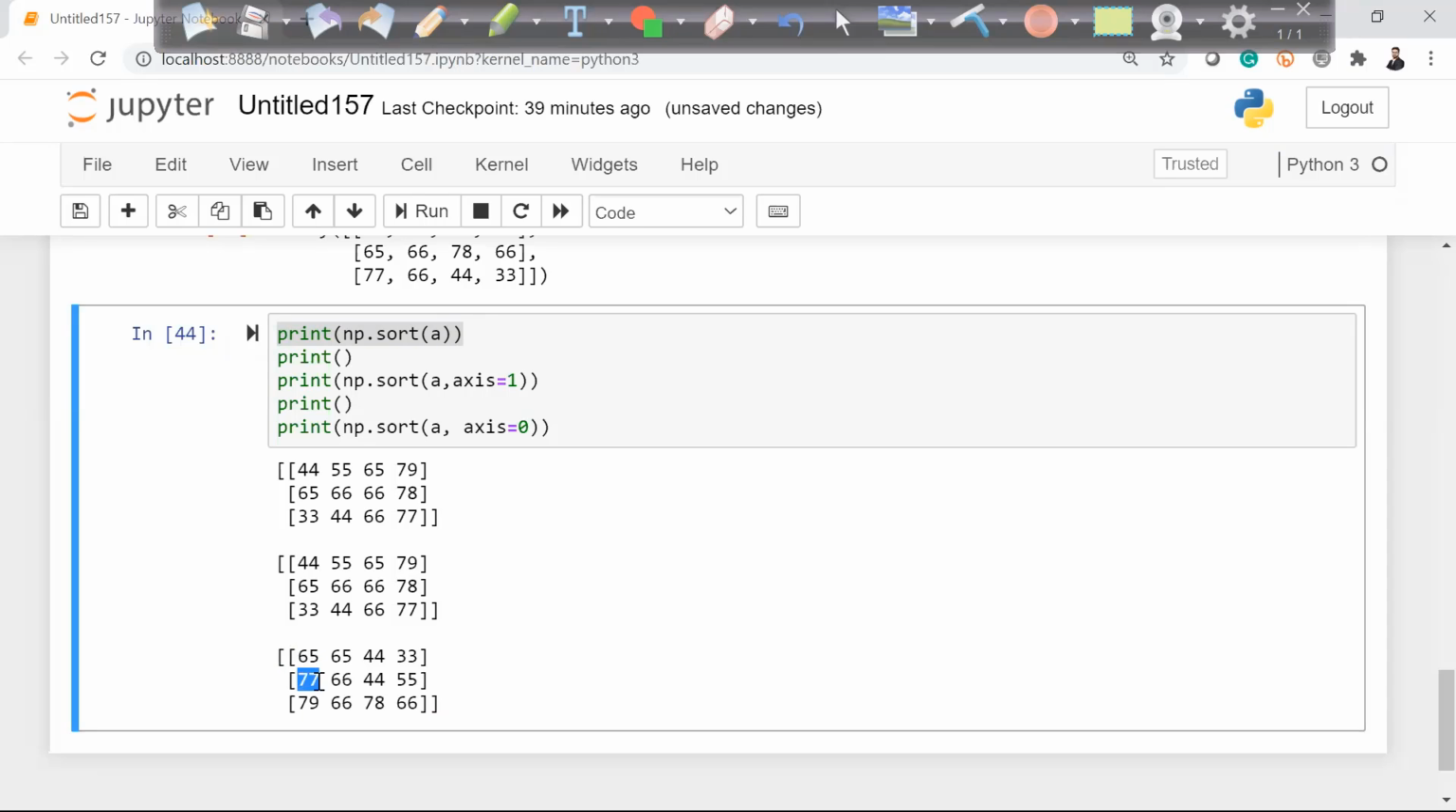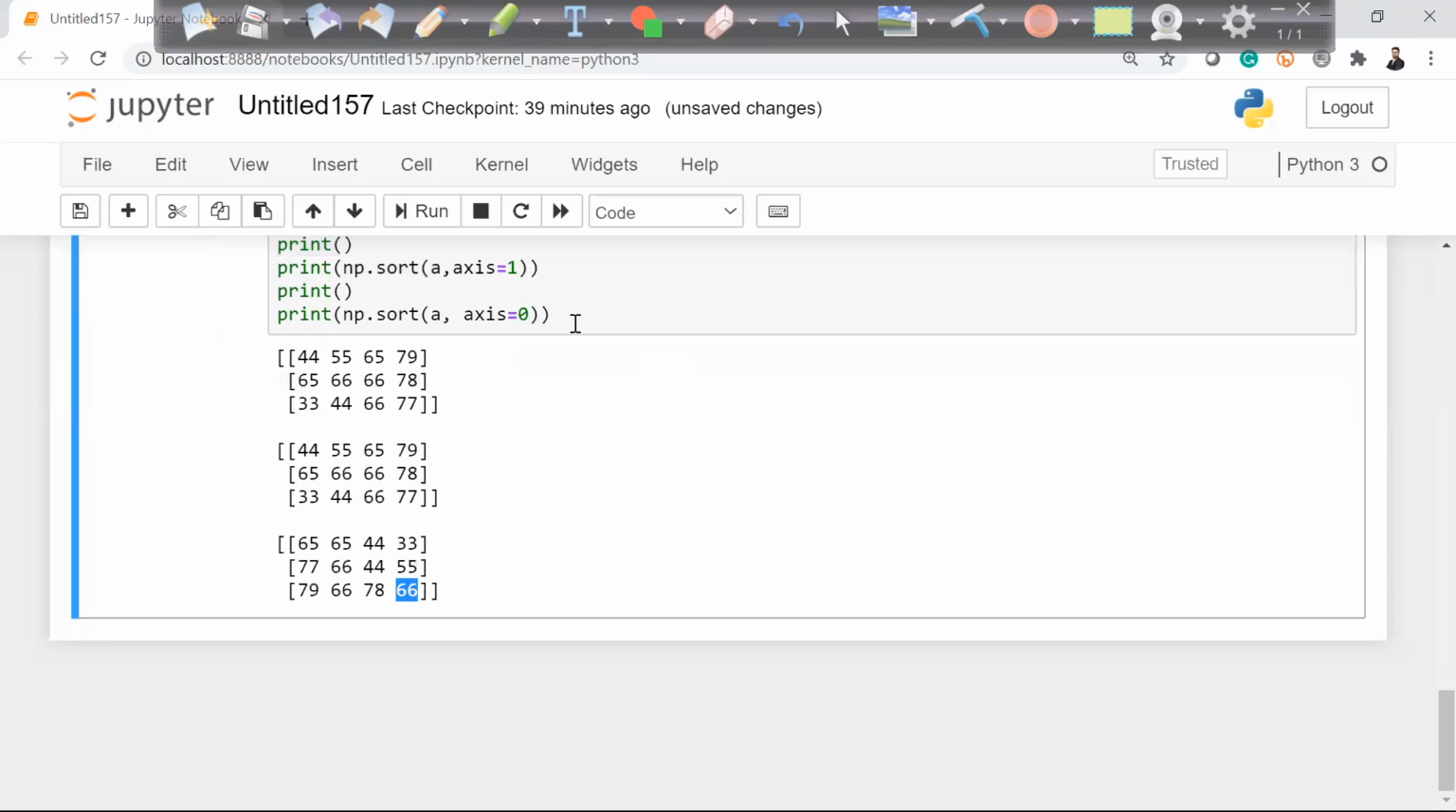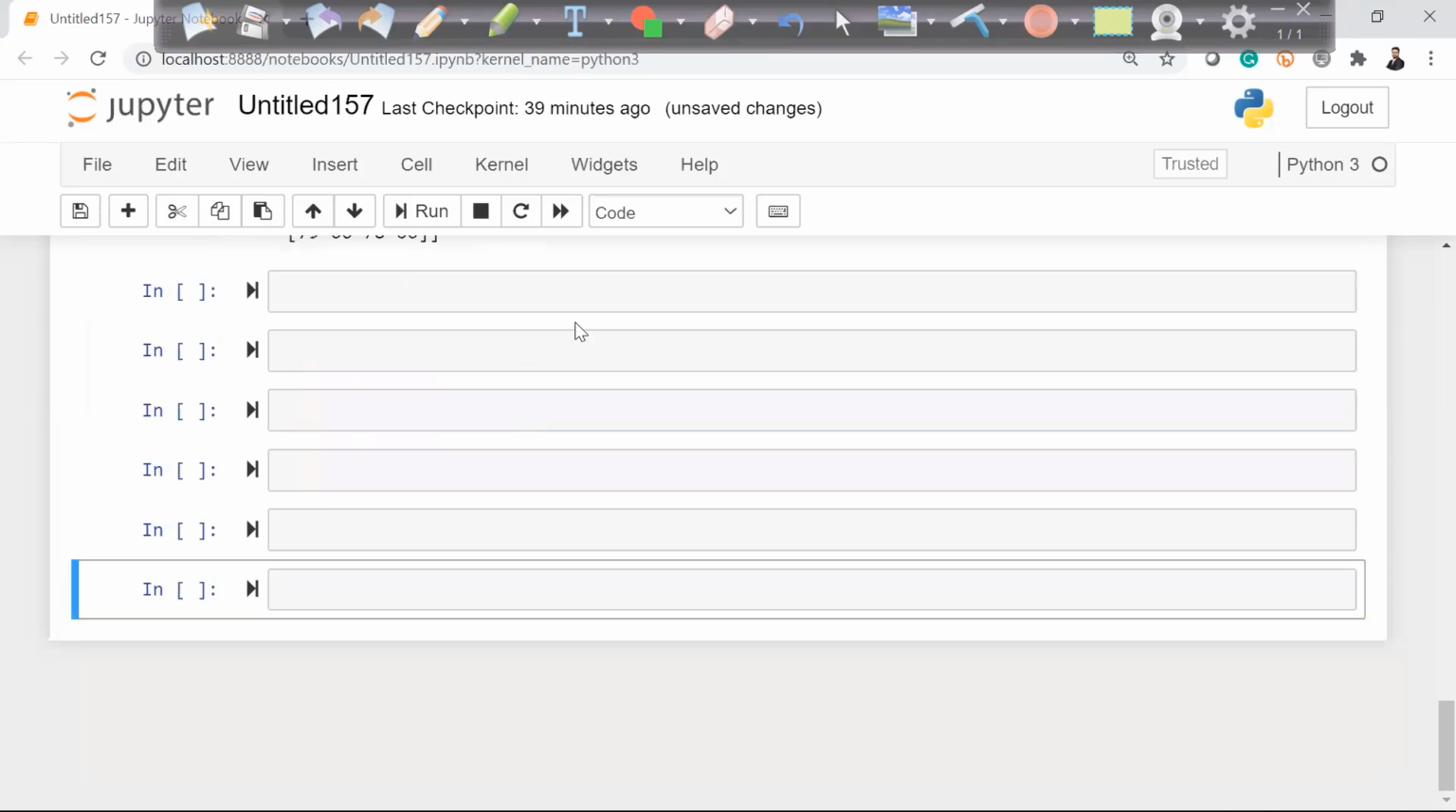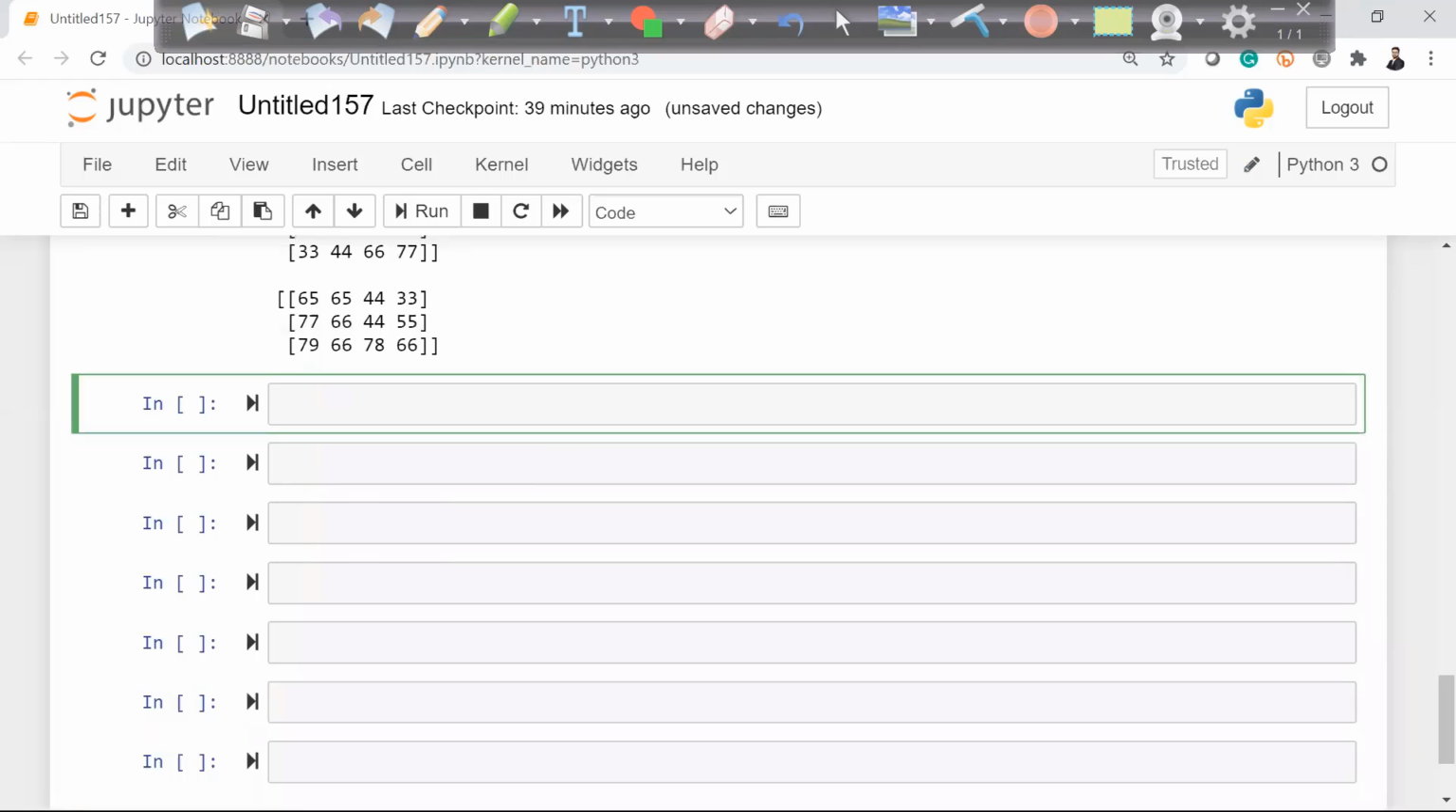You can see 65, 77, 79, then 65, 66, 66, 44, 44, 78, 33, 55, 66. Column by column, sorting is happening. And then there are 2-3 more commands which we will discuss. So the one is,